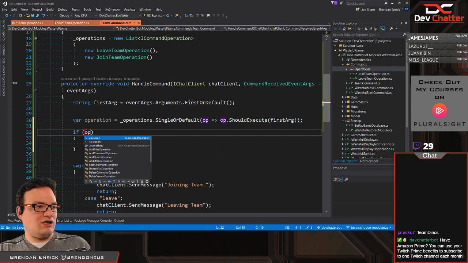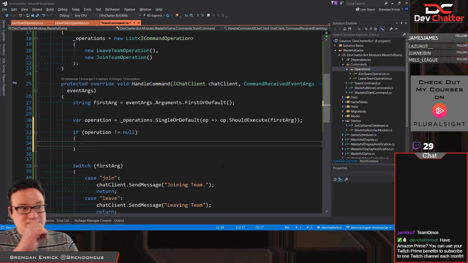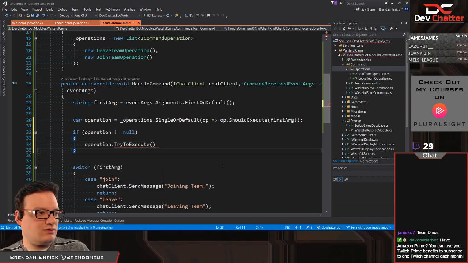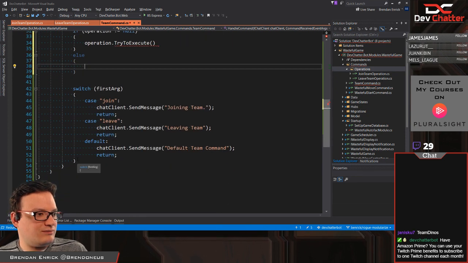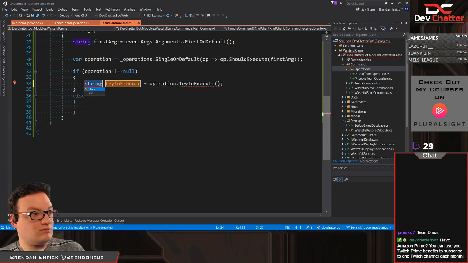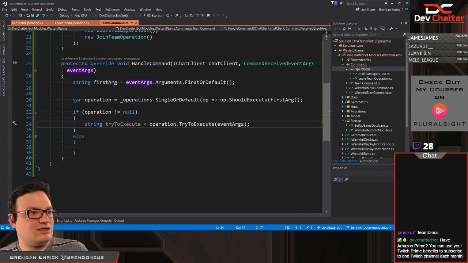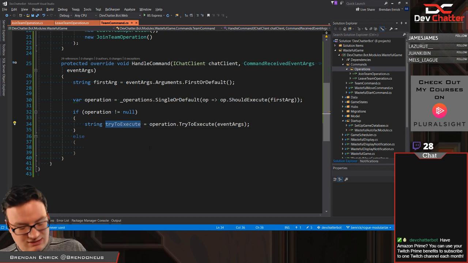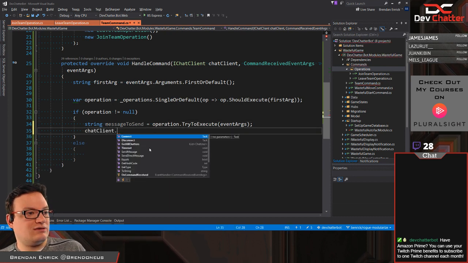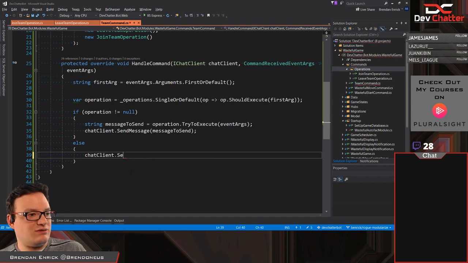So we're going to say if operation does not equal null. So essentially if we got one, then we want to say try execute, else do something else. And this wants event args. Is that actually that? Okay, so we'll pass the event args to that. This is message to send. And we're going to say chat client dot send message, message to send. Down here, we're going to say chat client dot send message,